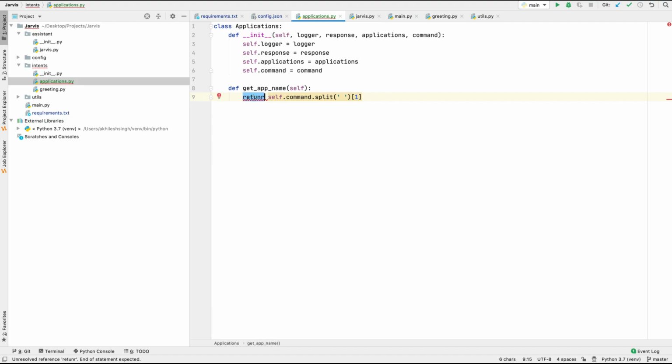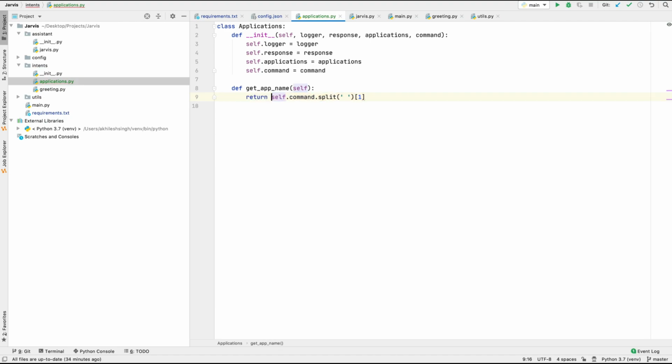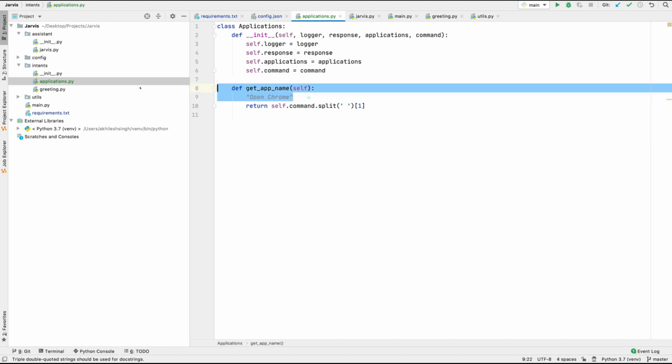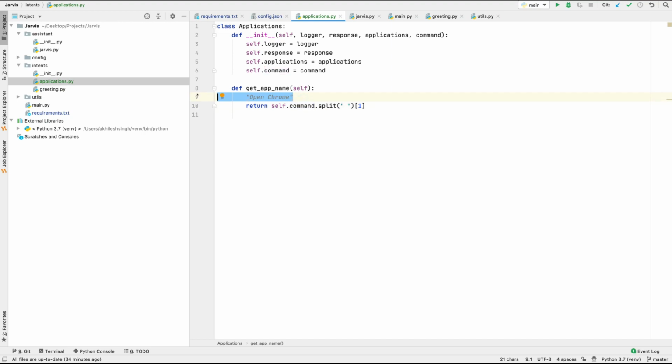So spelling mistake, yeah, that's it. So like when we have the open Chrome, it is going to split from space and it will extract the Chrome. So this method get_app_name will return the app name. That's it. So yeah, now from this app name we will have the path of this app.